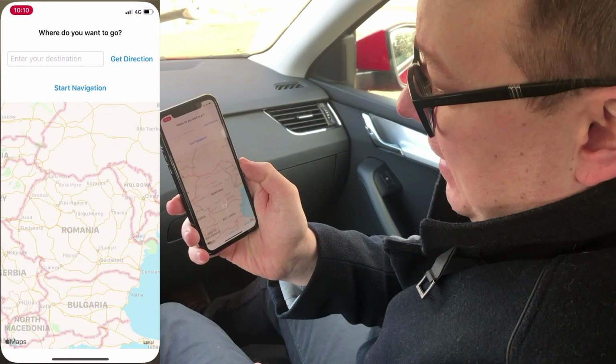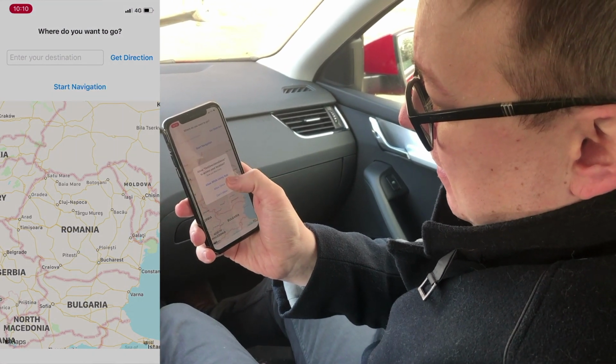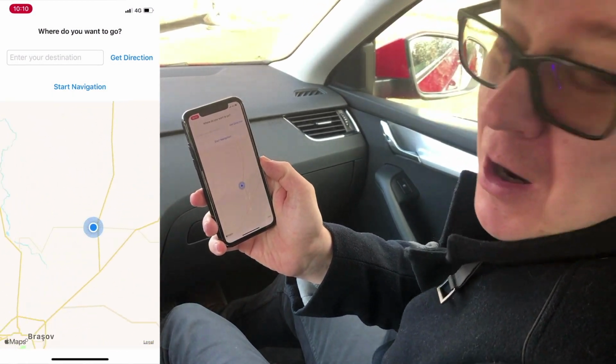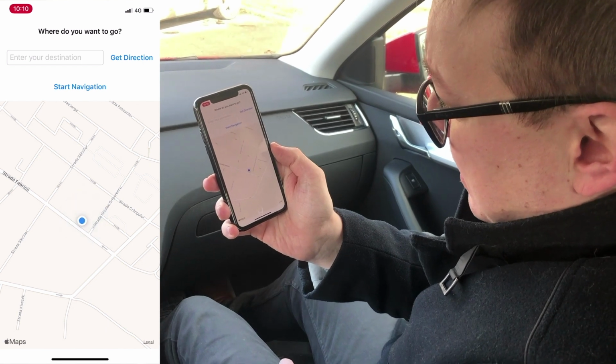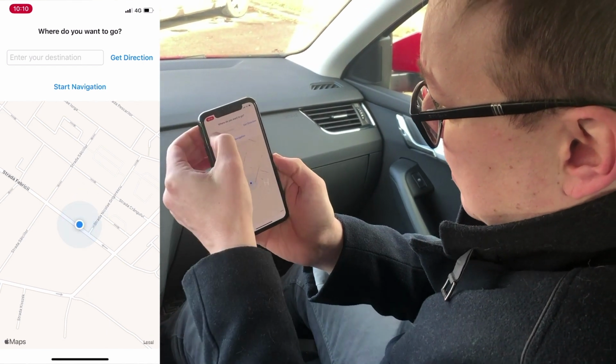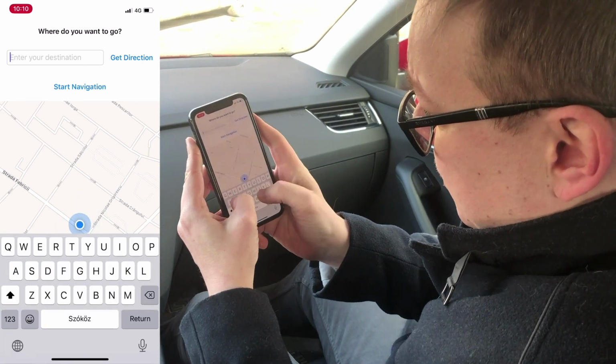So let's test it out. Let's open up our app here. Let's allow once, or we could allow it for all times. And it's fetching our current location. Let's add in here a new